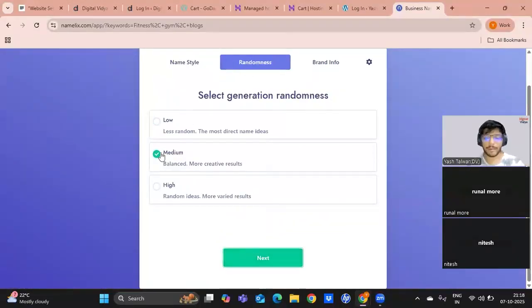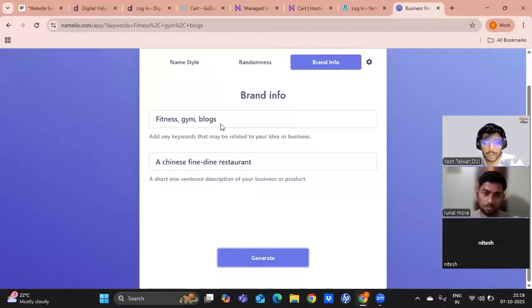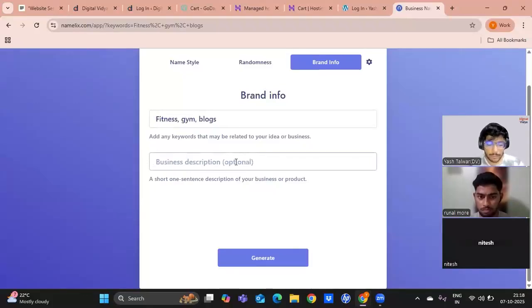रैंडमनेस में ये भी आप चेंज कर सकते हो, अगर आप चाहो लो रख सकते हो, मीडियम, हाई। बेसिकली बहुत रैंडम नेम्स क्रिएट करते हैं अगर आप हाई करोगे तो वैसे बैलेंस रखते हैं मीडियम पे। Then we click on next. अब यहाँ पे we have to define हमारा जो ब्रांड है, जो भी वेबसाइट है, उसे थोड़ा सा और डिफाइन करना है। ये कीवर्ड्स हमने दे दिए इसको। नीचे लेट्स से हम डाल देते हैं फिटनेस ब्लॉगिंग वेबसाइट,